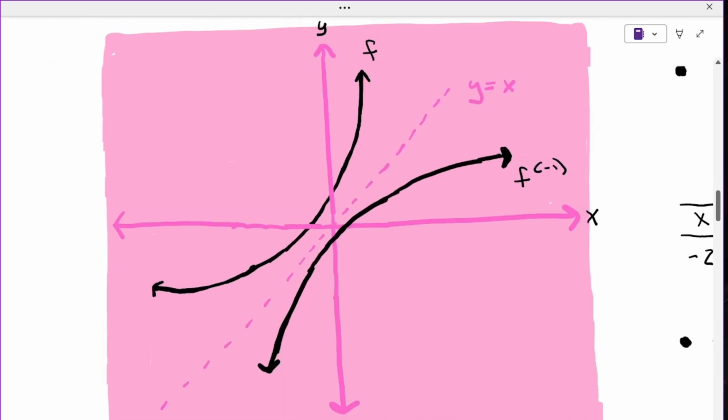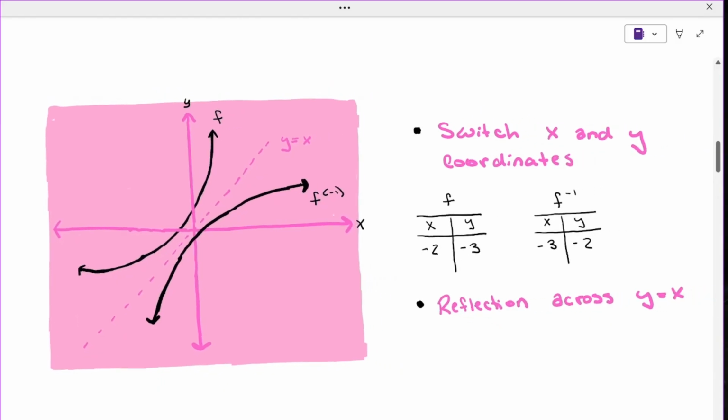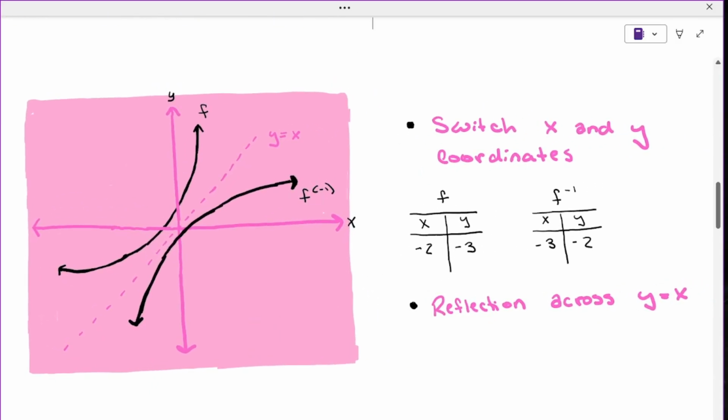Okay, so now looking at it from a graph form, let me zoom out here. If we're looking at it from a graph, all that the inverse is, if I have this line y equals